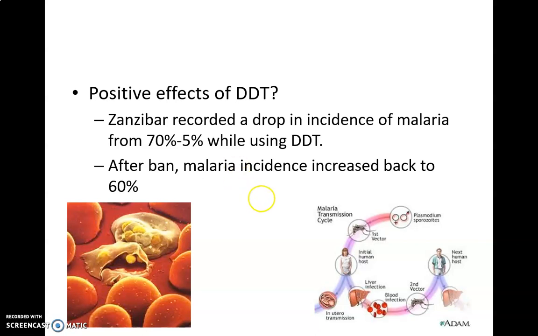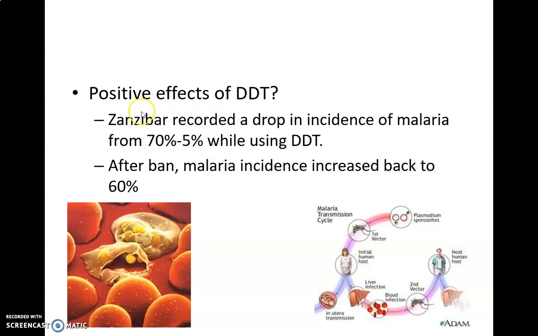And what it is, it's transmitted by mosquitoes. So a mosquito will bite you, and it injects a little bit of toxin into your skin. That's what makes your skin itchy. And a mosquito that's infected with malaria will also inject this malaria microorganism into your blood, and it starts to kill your red blood cells. That's a bad thing because these red blood cells carry oxygen to your vital organs in your body, and so you end up being really sick, and it's just not a good situation to be in.